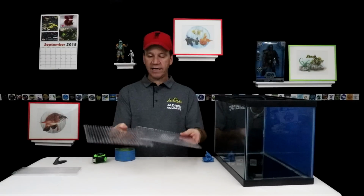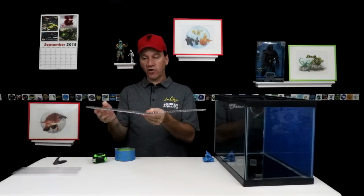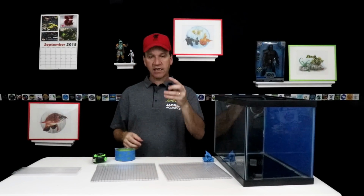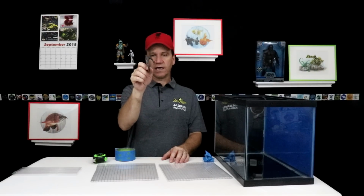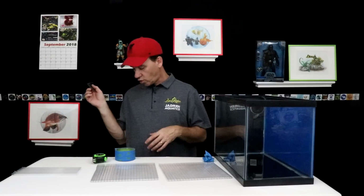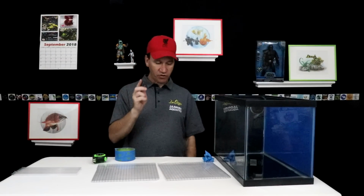Okay, so next thing is, what are we going to use as a handle to be able to open this thing? Because again, this thing sits in there completely flush. Very difficult to get your finger under here to open this thing. So what I found to use are these command hooks. I'll link these down below so you can see what these guys are. Every once in a while on Amazon, you'll find a weird blue color or something where you can buy like 16 of them for, I don't know, $1 or something a piece. And some people say, well, these don't work very good, they wear out. Well, here's the thing, is the stuff that you use on the back,